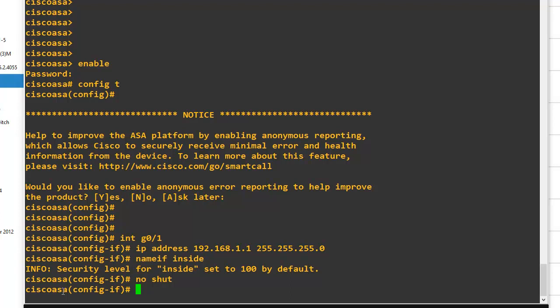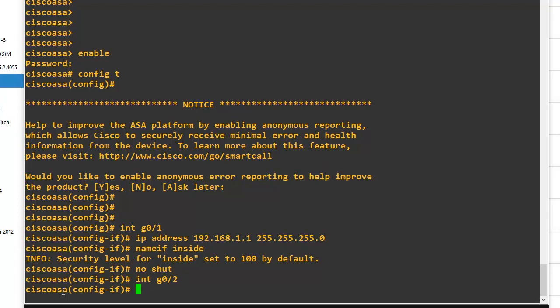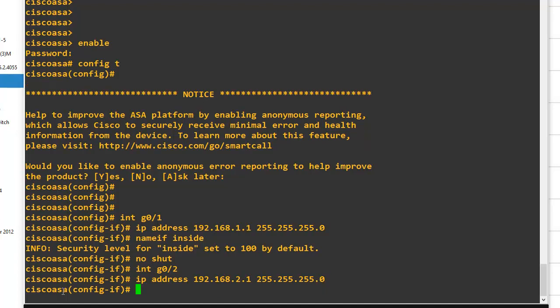Let's do the DMZ interface now. G02, IP address 192.168.2.1 255.255.255.0. Name if DMZ